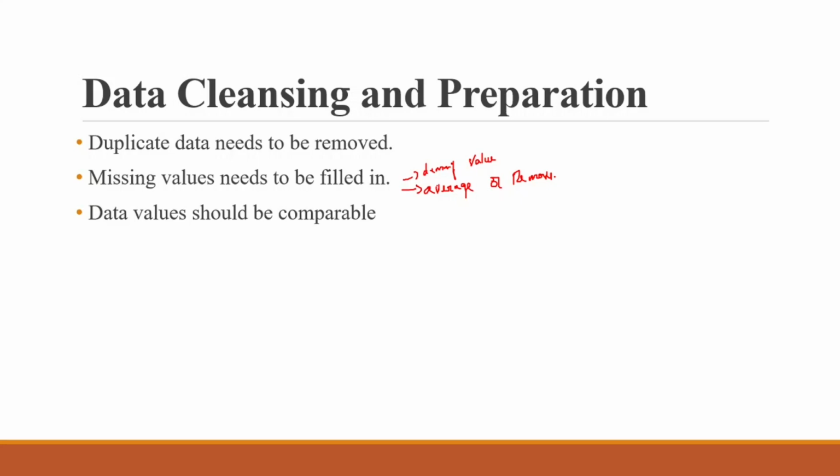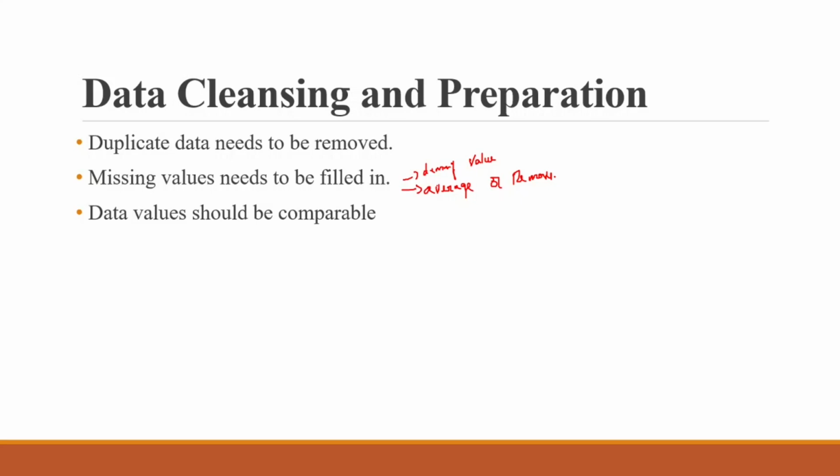Next one is, data values should be comparable. So data elements should be comparable. That is, the data elements may need to be transformed from one unit to another, and the data should be stored at the same granularity to ensure comparability. For example, the sales data may be available daily, but the salesperson compensation data may only be available monthly. So to relate these variables, the data must be brought to the lowest common denominator, in this case,